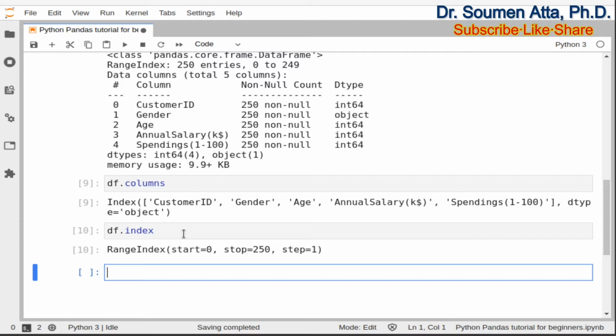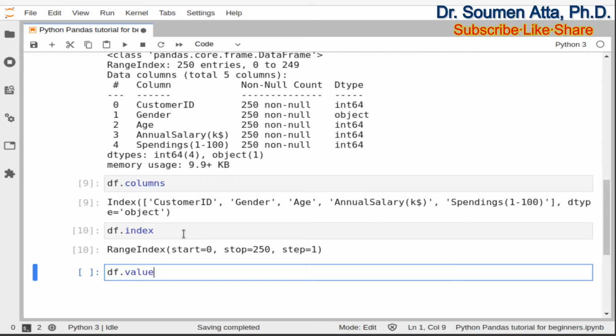Sometimes we want to retrieve the row values only without having the column names and the row indices from a data frame. We can easily save the content of the rows of a data frame in a NumPy array using the values attribute of the data frame. For that we need to write down df.values.